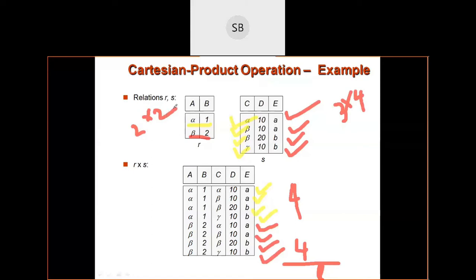So this is the 2 rows and this is the 4 rows. That means total 8 rows can be displayed. Everyone understand the concept? Cartesian product 2 into 4 is 8 rows displayed for Cartesian product.